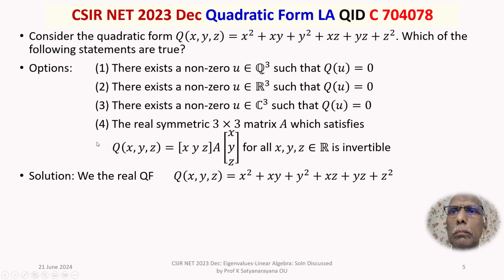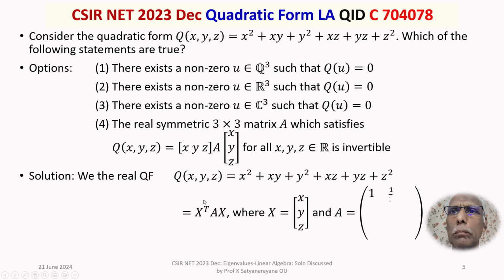So let's now get into the solution of the question. We have the real quadratic form, x, y, z belongs to R cube. So Q of x, y, z is equal to x square plus xy plus y square plus xz plus yz plus z square. Agreed. Now let us write this as x transpose capital A x, where capital X is the column vector x, y, z, and the matrix A has the coefficients of x square, y square, z square along the diagonal,